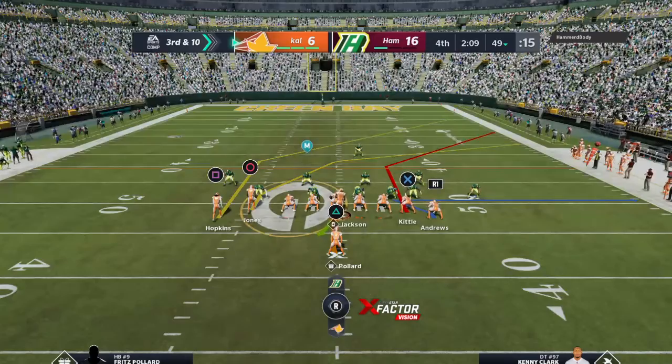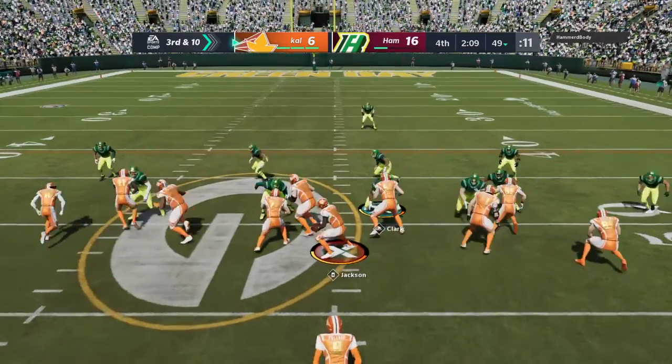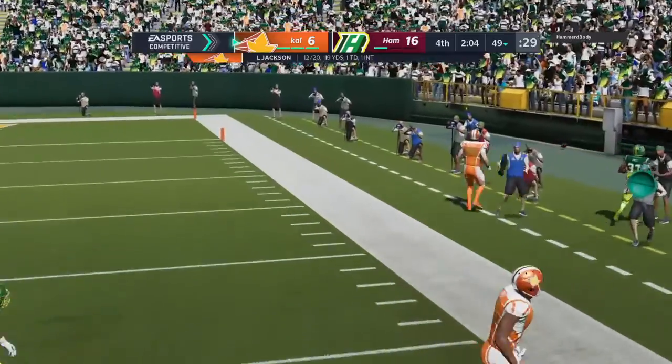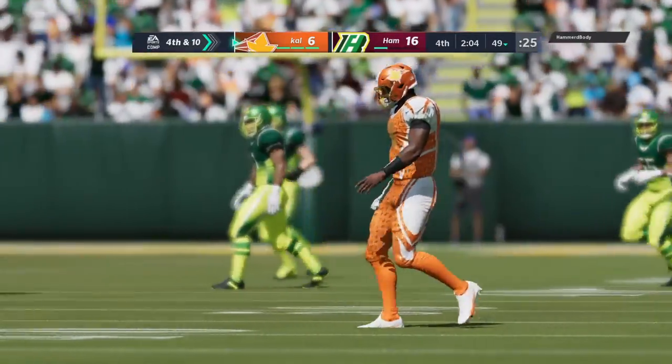An important play right here, 3rd and 10. And I would expect pressure here. They go play action with Jackson. They'll roll him out right. And that will be incomplete. So 2 3rd down conversions on this drive, but not able to get a 3rd, and now they deal with